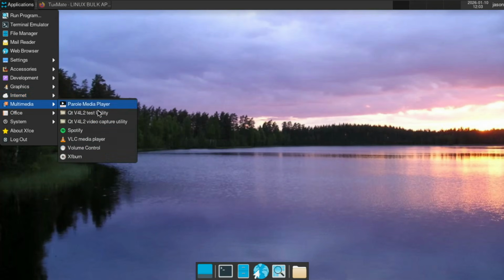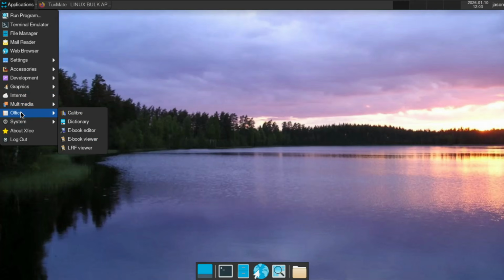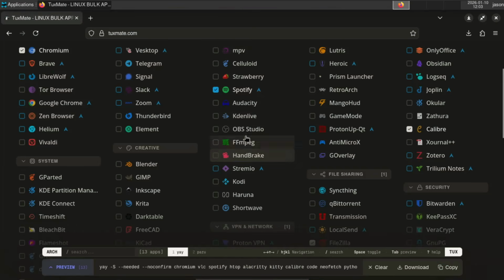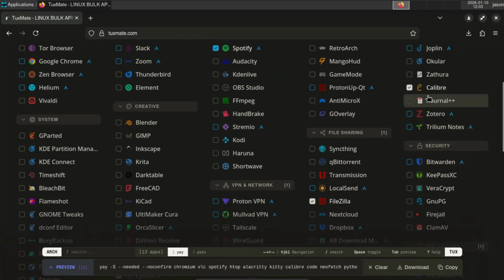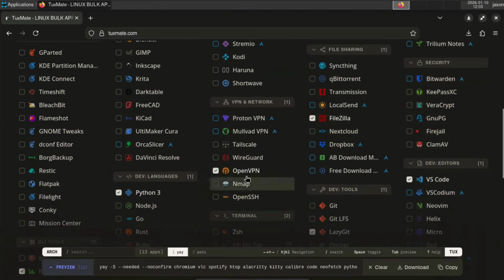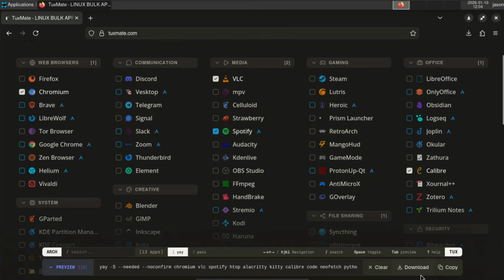got installed. Anything else? VLC, Spotify. What else? Did I install Calibri? Did I select the Calibri? I'm not sure. Go here. Spotify, VLC. Okay, Calibri, yes. I selected Calibri. Now I will do the same exact thing by using the command, which is the easiest way